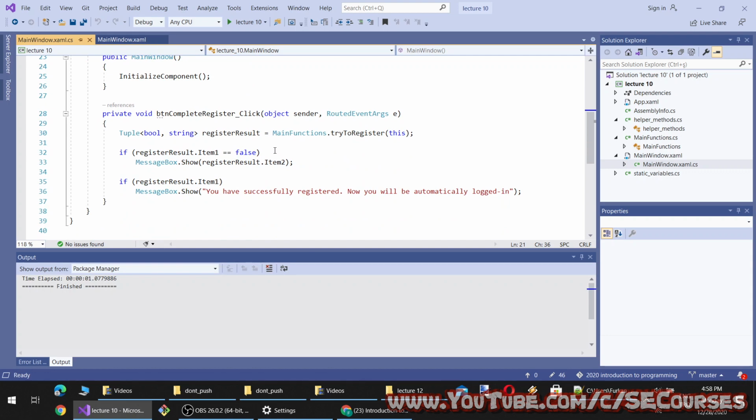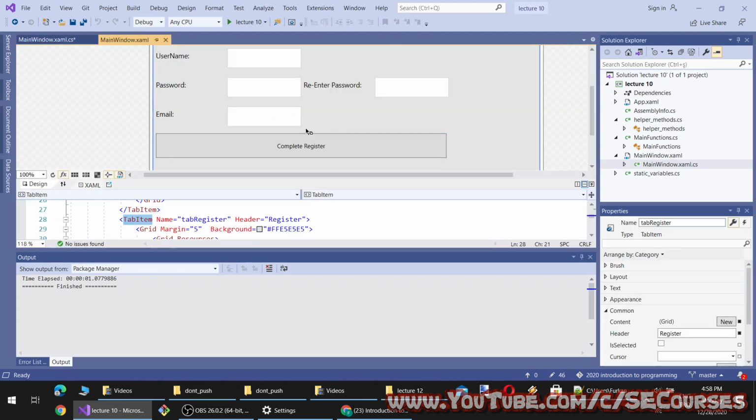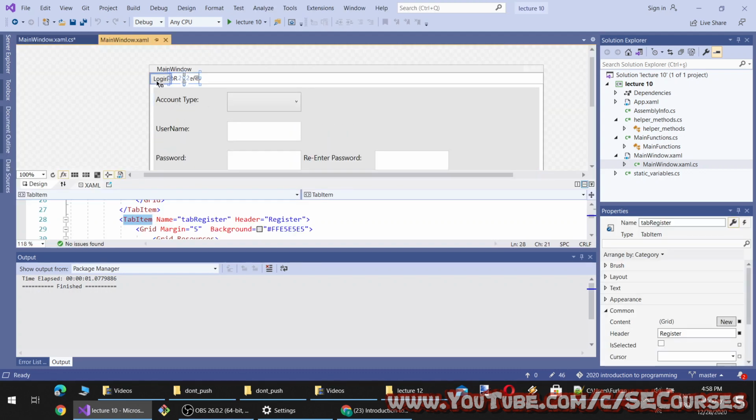And if the result is false, we show the result message as an error. If the result is true, then we show that you will be automatically logged in. Okay, so we will code this part after we have coded the login tab.